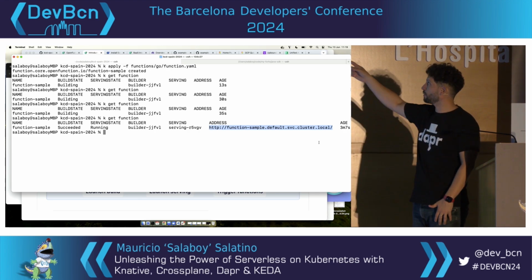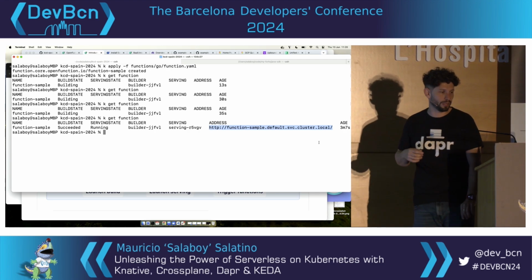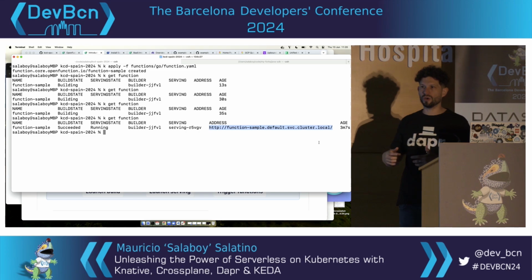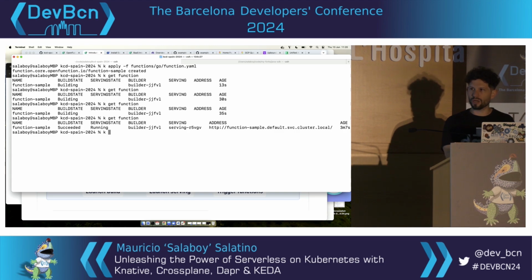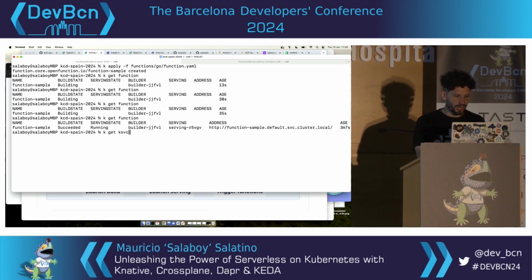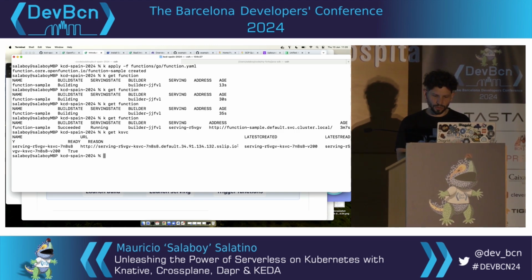Because if I need to troubleshoot or figure out what's the public IP for that function, I need to know how it's being served in a way. And I will just run a command because I know how this is being served and I know where the public IP is. But at the end of the day, you don't really want to do this. So you need to make sure that whatever you expose here can be used, right?